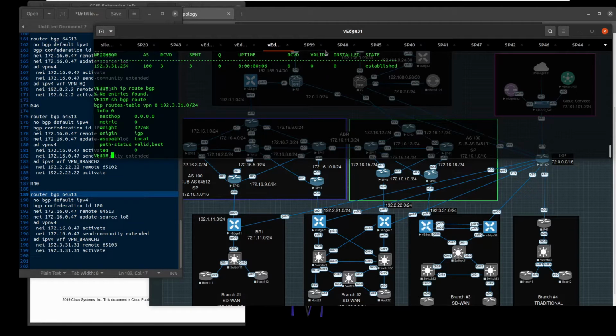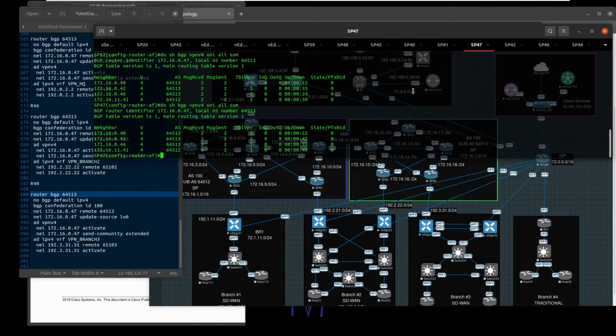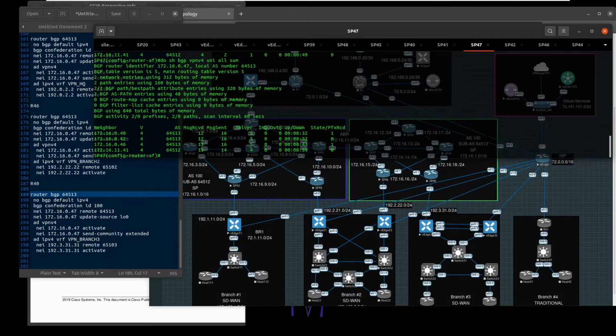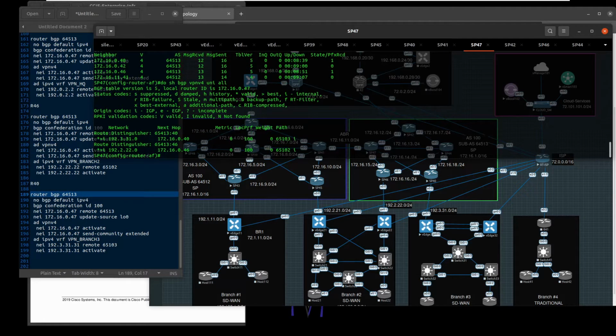Probably the router is updating. Okay, so let me check. Does 47 have these routes? Do show BGP VPN. Oh, okay, I have